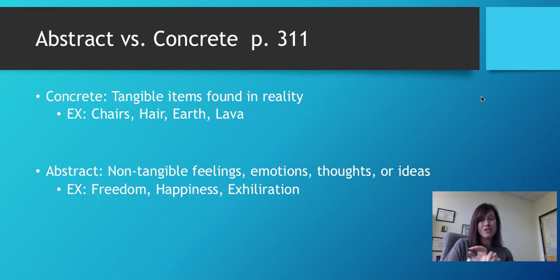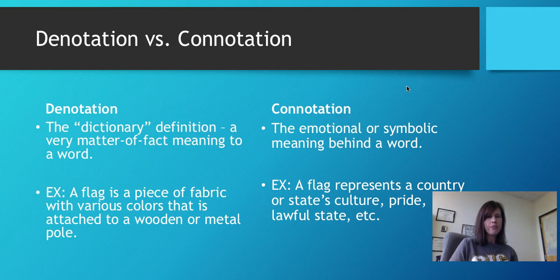Freedom is going to mean something different to everyone. Happiness is going to mean something different to everyone. There's not a specific example of happiness that is universal. Whereas a chair, aside from being called a different word in a different language, is always going to be a chair, right? It's going to have a basic function and a certain amount of legs and structure to it. So you will be asked to define concrete and abstract and to give examples of it on your exam.